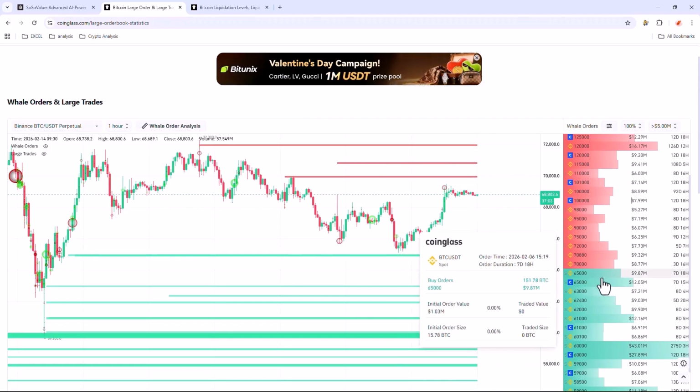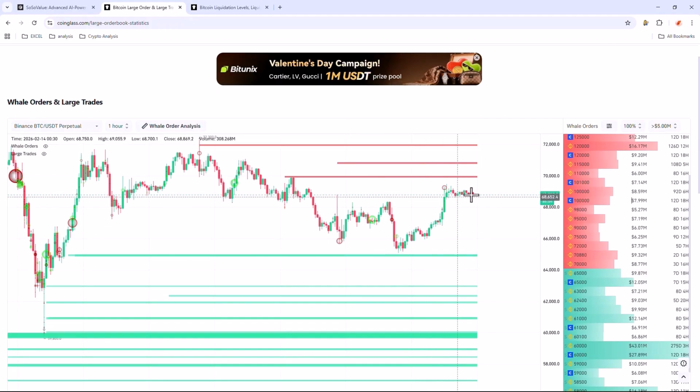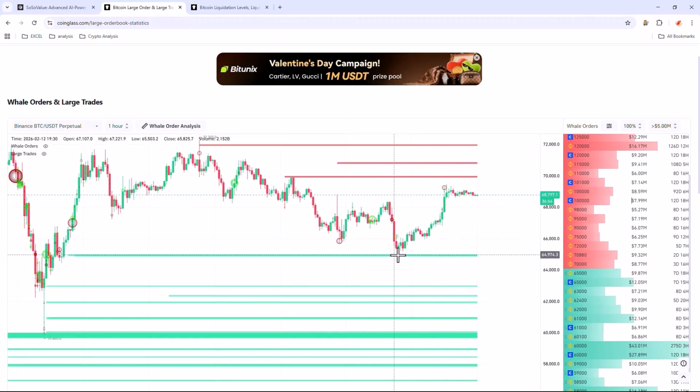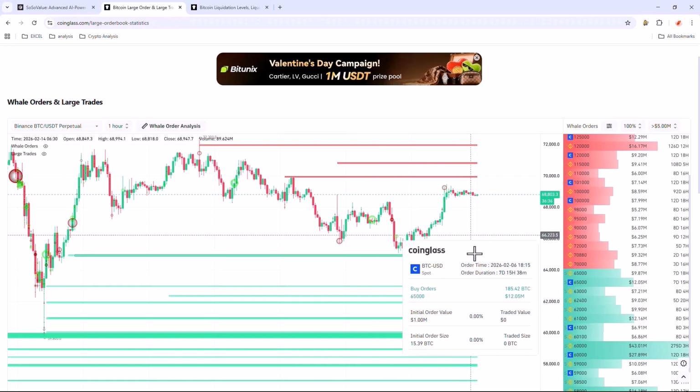Ultimately, there are two highly significant levels, $65,000 and finally $63,000. At these levels, the price could once again move upward. There is $22 million in liquidity at the $65,000 level, and after this liquidity is collected, the price could move downward, entering the $65,000 level and then being rejected from this zone.